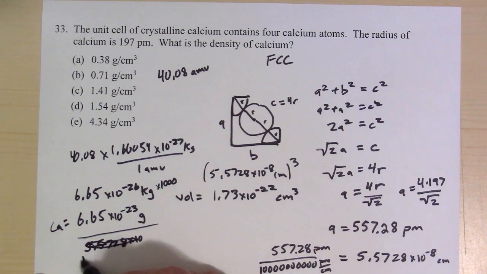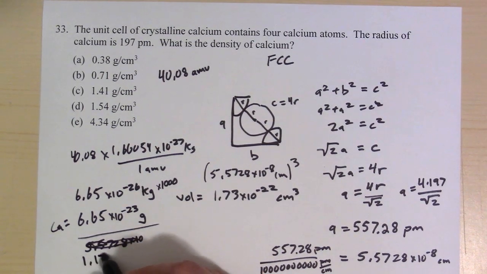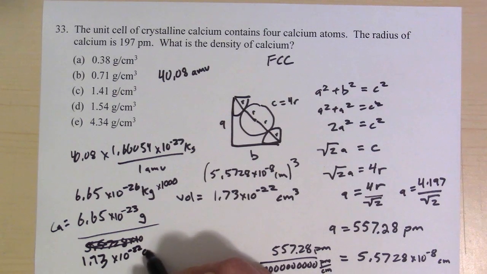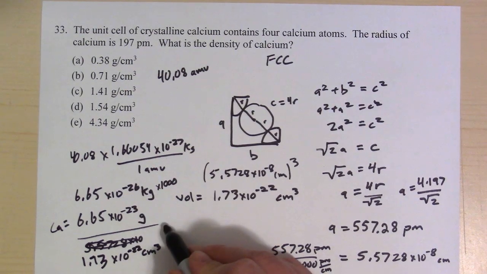We want the volume. So 6.65 times 10 to the negative 23rd grams divided by 1.73 times 10 to the negative 22nd cubic centimeters. That is going to give us